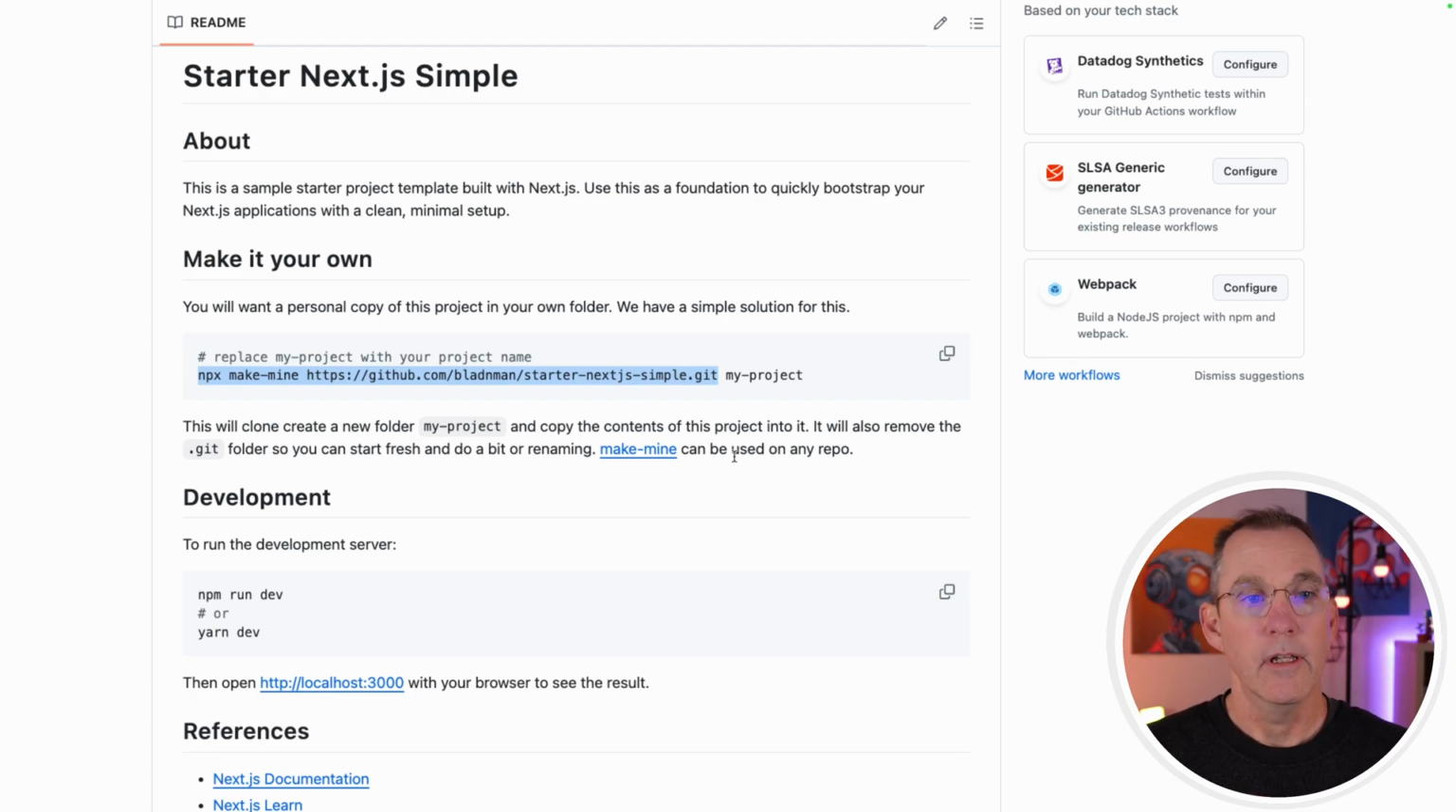So I've written a little make mine function in npm that allows it to go check out a project, pull it down locally, put it into a folder if you want to name a folder, and then take the GitHub repository, the whole Git repository in fact, out of it and do a little renaming. It's very, very simple. But in any case, what we're going to do is take this part of this command. I'm going to leave off the project name because we've already created a folder,